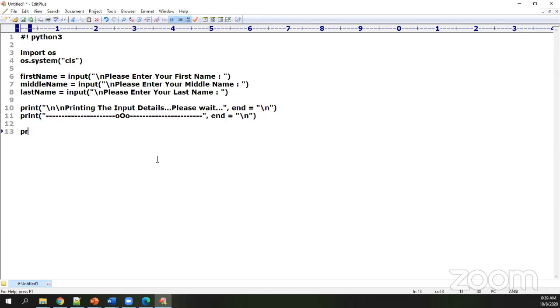Then I'm saying print the given first name is. Now there are different kinds of constructs through which we can do this. I'll just show you everything. I can keep a comma, saying that I'm giving the next level of the argument, and I can always call my variables directly after that particular comma. And then I'm saying end is assigned as \n.